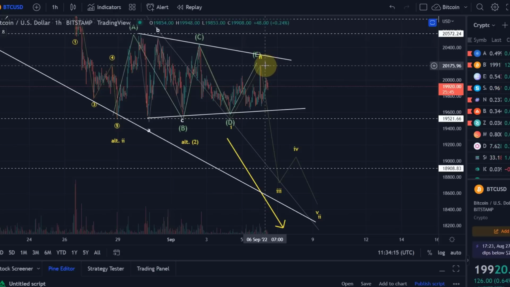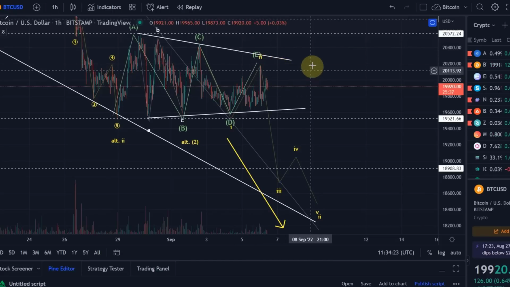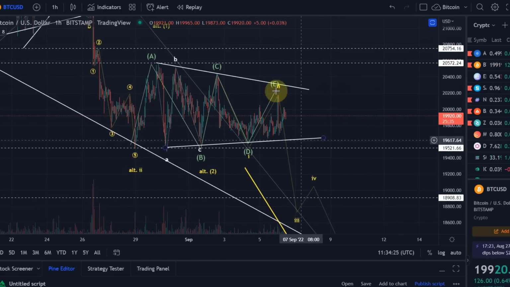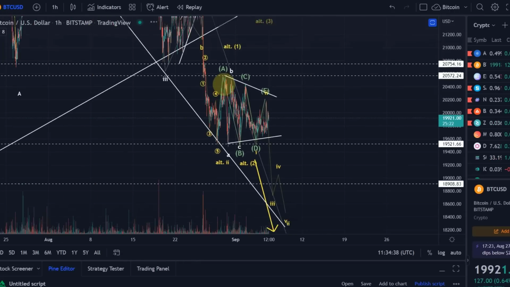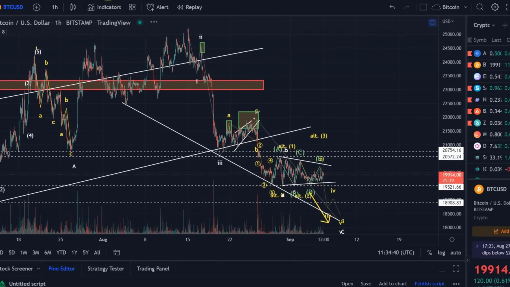Now again, if we break above the high here at 20,170, that would be a break above the wave E high. It at least indicates that it's not playing out as this chart would suggest. Therefore, we have a chart where we could also go up straight away. We talked about that before, that we actually expect a recovery from here, because the minimum requirements for this move down, and that is always important, they have been fulfilled. We can count 5 waves as complete. 1, 2, 3, 4, 5. It doesn't technically need to go any lower.